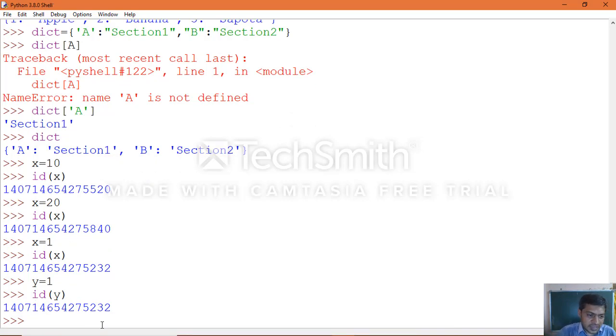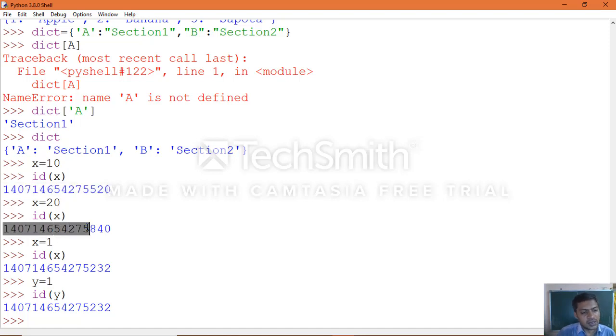See the memory address: if the value is the same and the variables are different, even though variable names are different but the value is the same, they hold the same memory address, as you can see clearly. And if the variable name is the same and the values are different, yes, they hold different memory addresses.